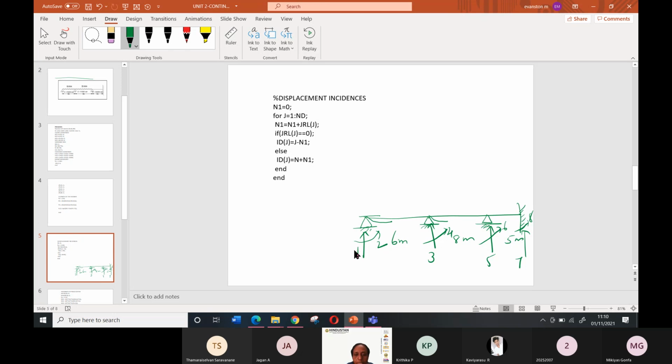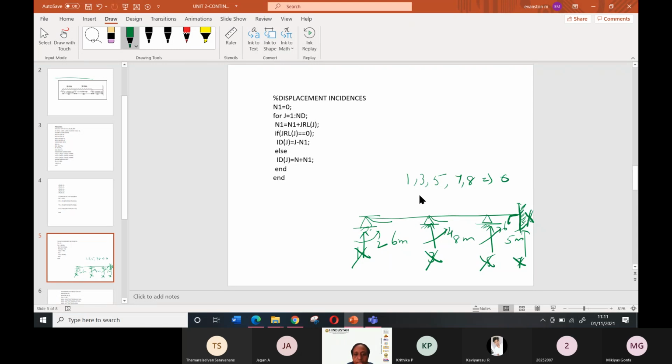In that one, it can't come down, it can't rotate. So 1 is 0, it can't come down. 3 is 0, so this support can't come down. 5 is 0. And for 7 and 8, there is no rotation here because it's a fixed support. Fixed support, there is no rotation, so 7 is 0, no rotation, no displacement. So 1, 3, 5, 7, 8 are equal to 0.